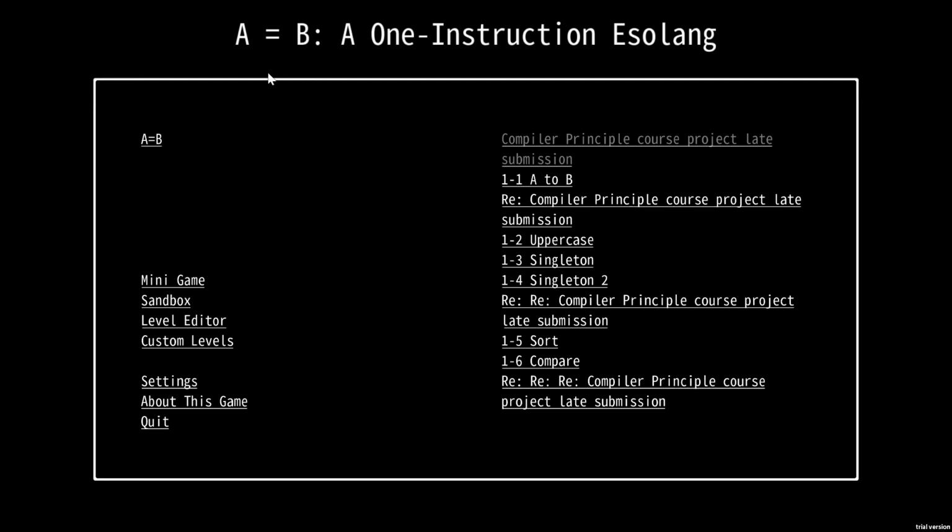Today we're going to be trying out A equals B. I have basically no idea what this is, so we'll just figure it out. Anyways, we have a main menu here, so A equals B, and we're going to enter compiler principal course project